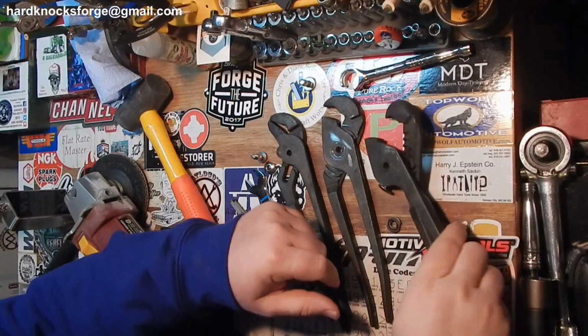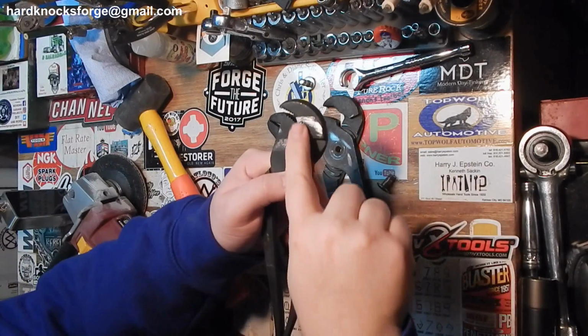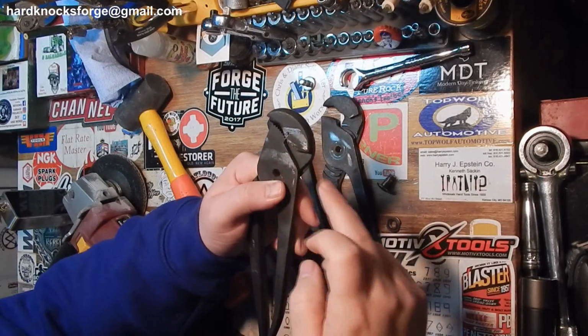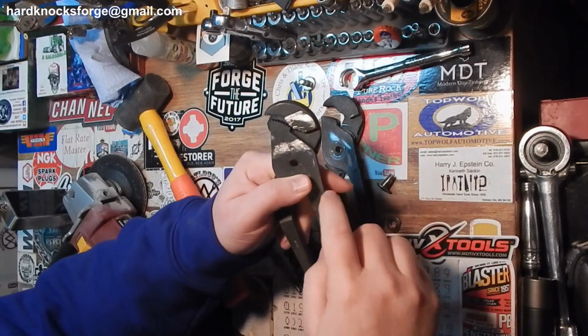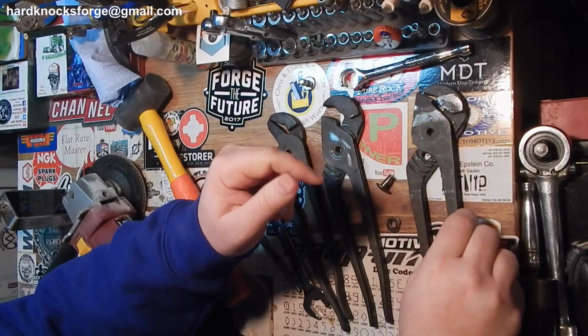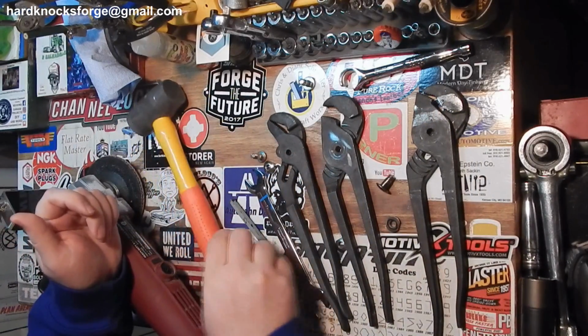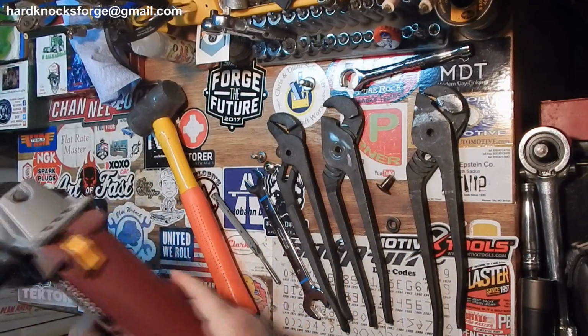Alright, so I think last time you saw these, they were together, cleaning them off. I did file some of that welding splatter away. I haven't got it all yet. I'm going to go ahead and we're going to wire brush these first. I went ahead and took them apart. Sometimes these are a huge pain in the ass to get apart. It took a lot of, you know, blunt instruments, a few precision pieces, and, well,